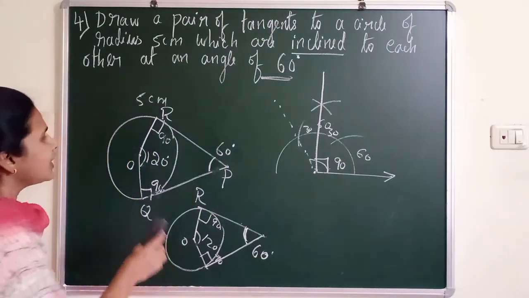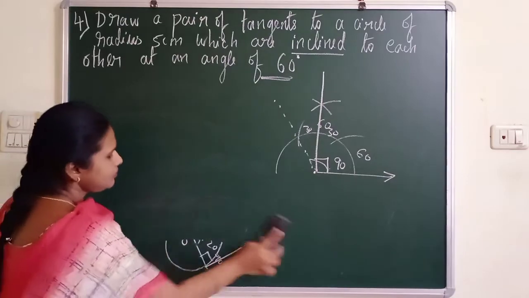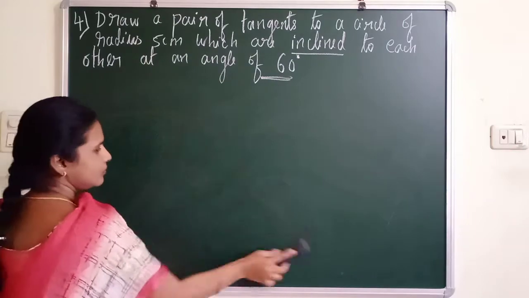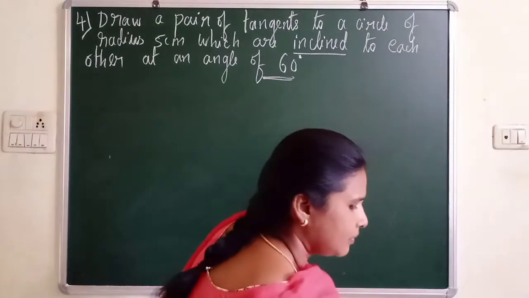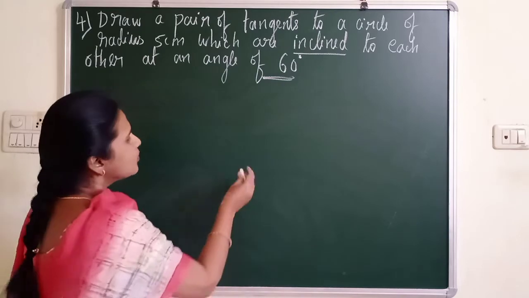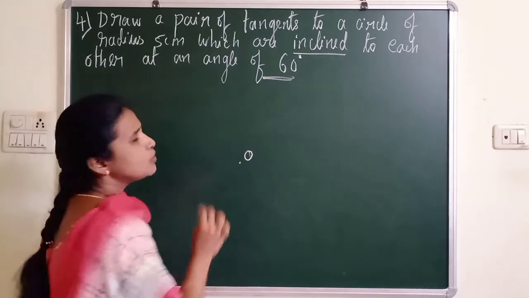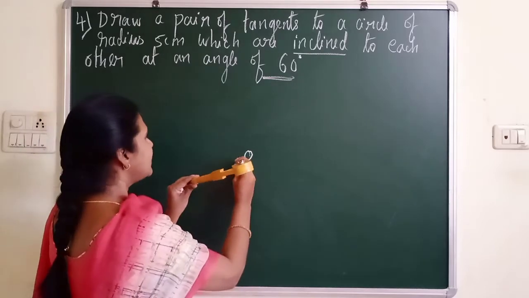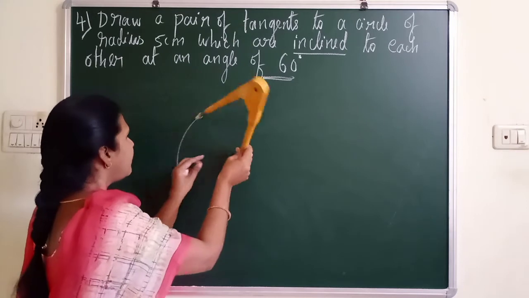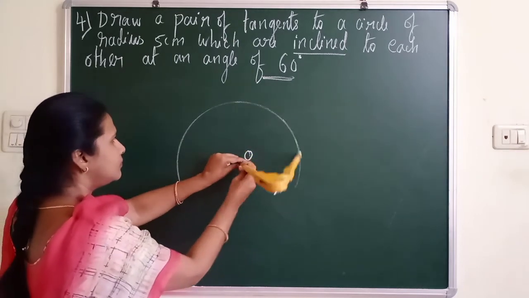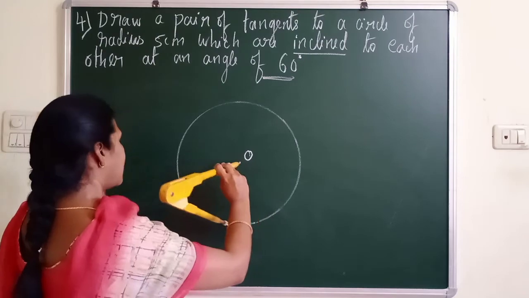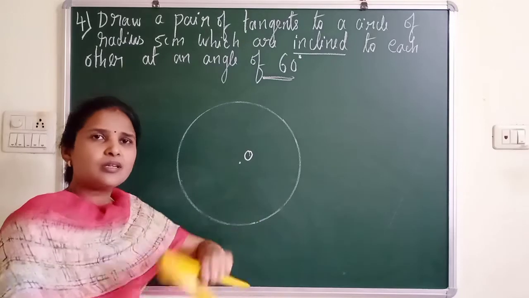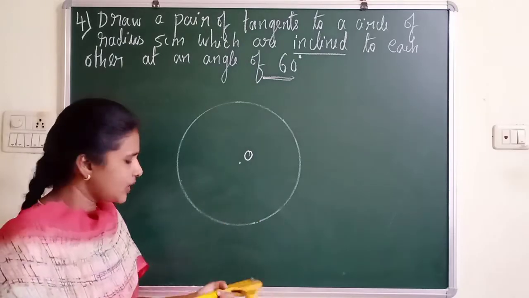Now let us move for the exact construction. Now take one point, mark this as O. Now what is the radius of the circle given? So exactly he has given 5 centimeter. Draw 5 centimeter. So little difficult to draw. Whenever you draw 90 degree and all, you just turn your book. However you want, you can turn your book and you can construct.